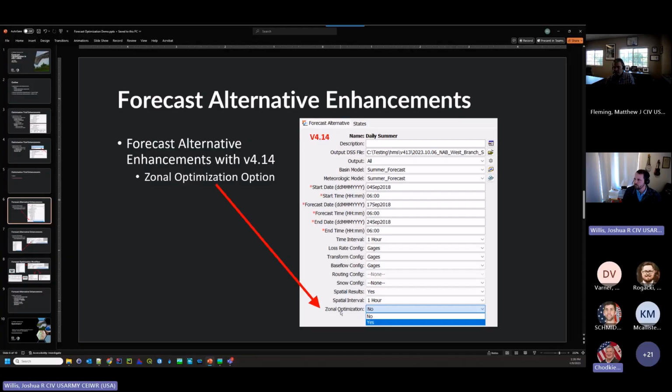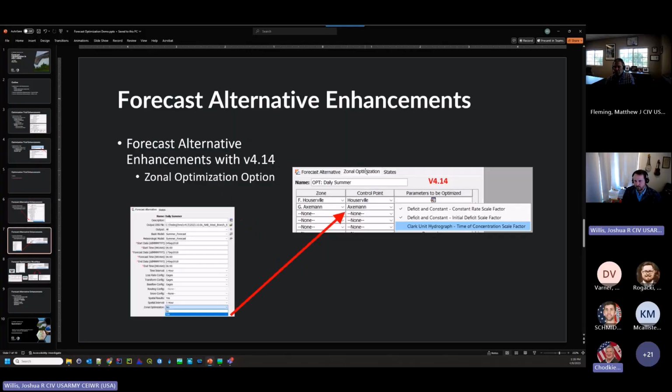It'll always default to no. So if you open an old project in version 4.14, it'll show up as no. But once you toggle this to yes, it automatically creates another tab that will appear right up here. And so this is what that tab looks like. And this is what Matt kind of alluded to earlier,